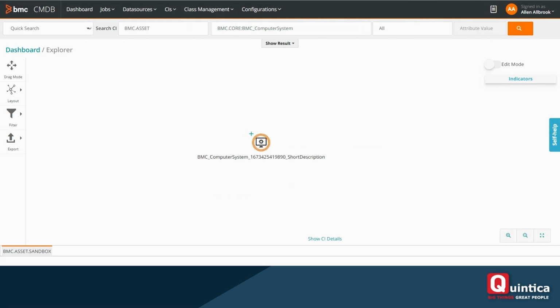So here I can then edit it. I can make the changes in the CI. If I open this in edit mode, I can edit the CI to provide more details. So let's suppose I do this. Then here